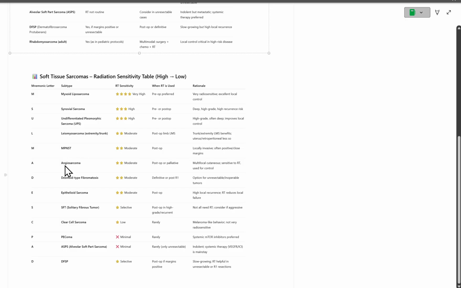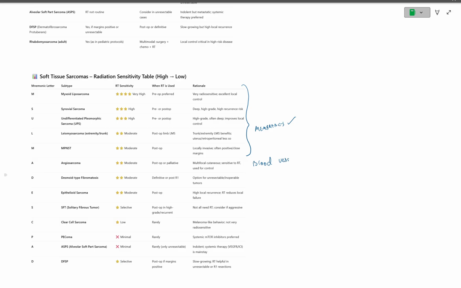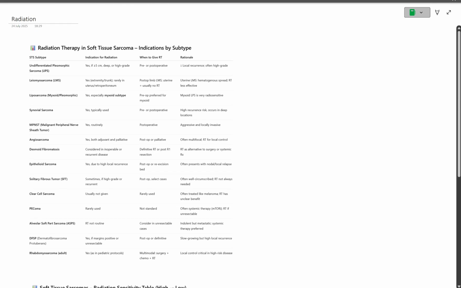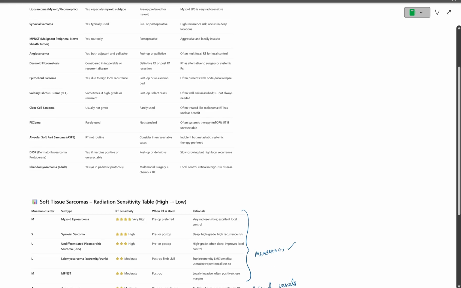Leiomyosarcoma and MPNST, all these membranes seem to respond better to radiation than the blood vessels, and then the fibrous ones are the least responsive. So it's just general, but